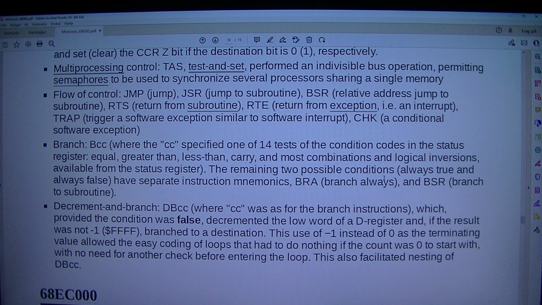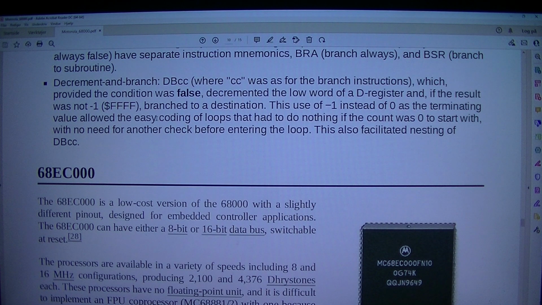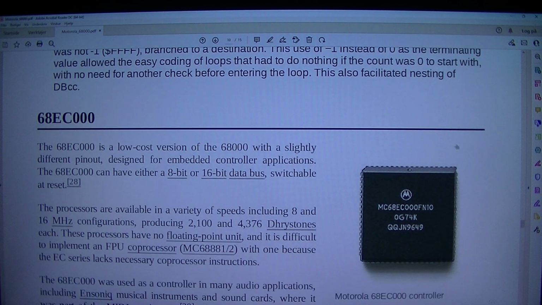The remaining two possible conditions, always true and always false, have separate instruction mnemonics, BRA, branch always, and BSR, branch to subroutine. Decrement and branch, DBcc, where cc was as for the branch instructions, which, provided the condition was false, decremented the low word of a D register and, if the result was not -1, $FFFF, branched to a destination. This use of -1 instead of 0 as the terminating value allowed the easy coding of loops that had to do nothing if the count was 0 to start with, with no need for another check before entering the loop. This also facilitated nesting of